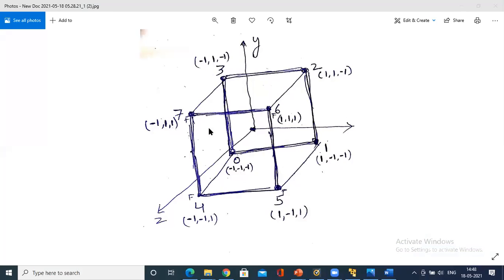Now you could see how many faces the cube will have. This is the front face, what I'm annotating. This is the back face. And you could see the side faces, the bottom face, the top face, all those things.